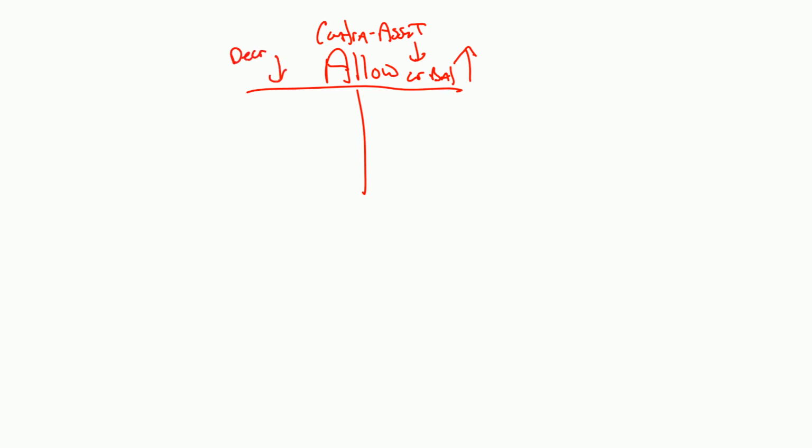Well, first of all, we know that allowance is a contra asset. Okay, a contra asset. Therefore, it has a credit balance. So if you want to increase that allowance account, you do that with a credit. If you want to decrease your allowance account, you do that with a debit. Okay, so as the allowance account goes up, the net realizable value of your account receivable goes down, so that reduces your total assets on the balance sheet because it's a contra asset.